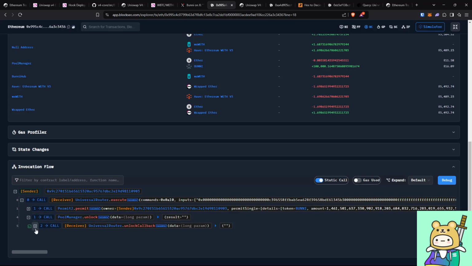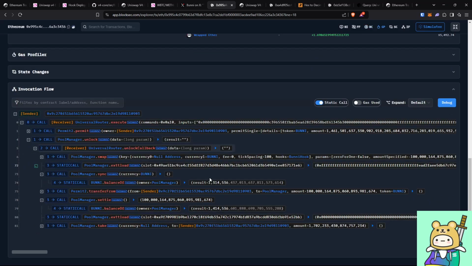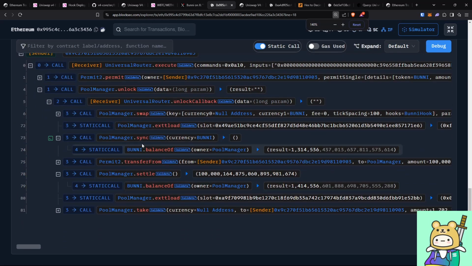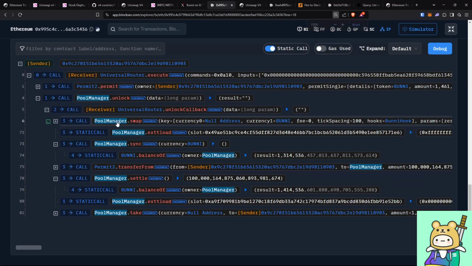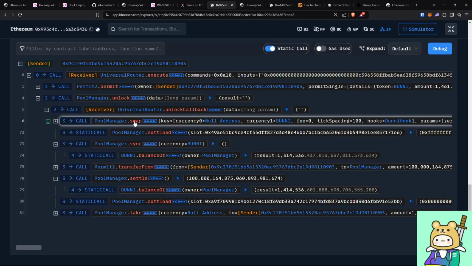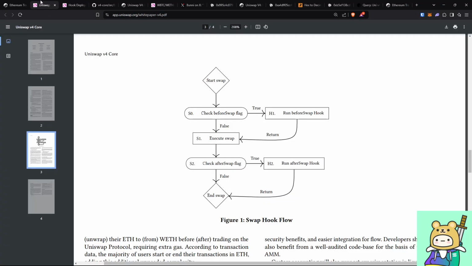What's important here is that you look at this pool manager, which is the Uniswap V4 pool. The swap function is called to the Uniswap V4, and remember that diagram earlier where we saw whenever